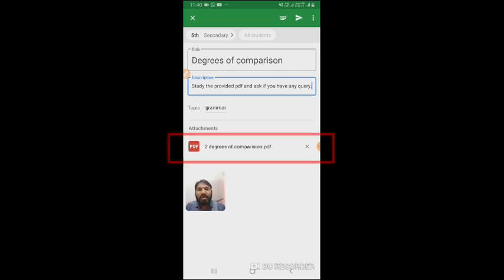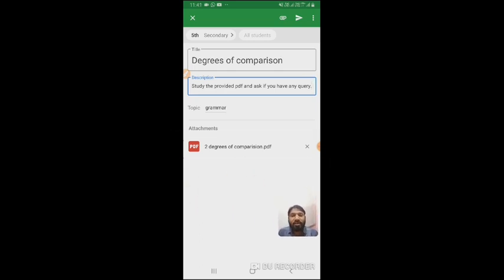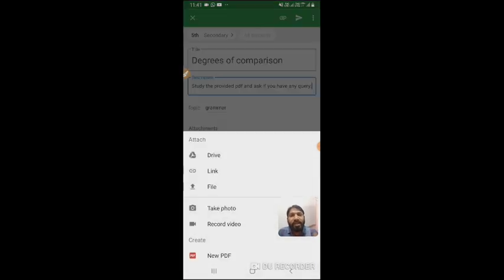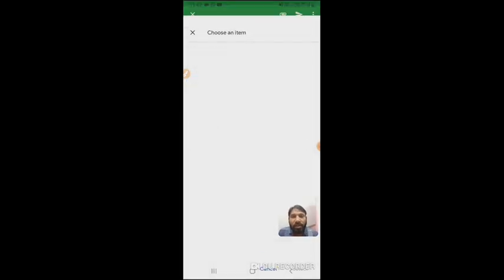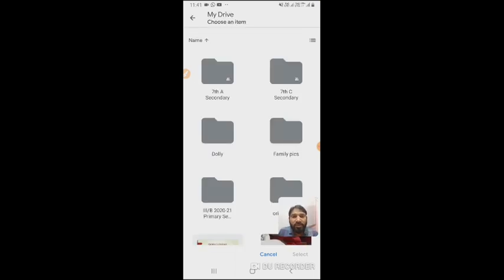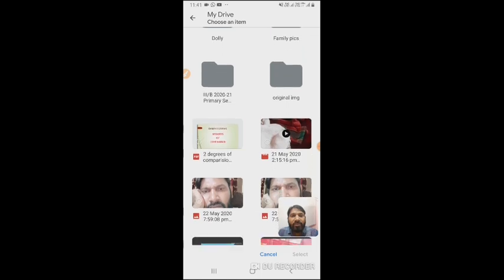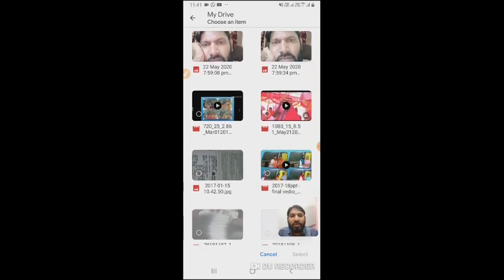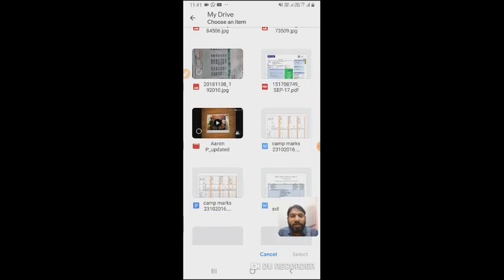With this, if I want to attach a video, I can attach it by clicking on the same option, that is the attachment option. I will go to Google Drive. It will move to my drive. Here again, I have a video, for example.